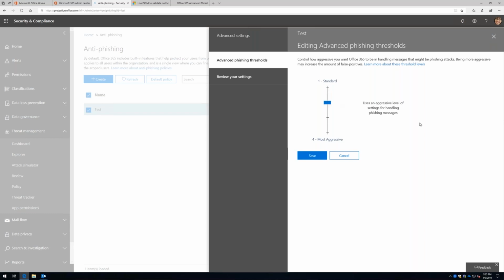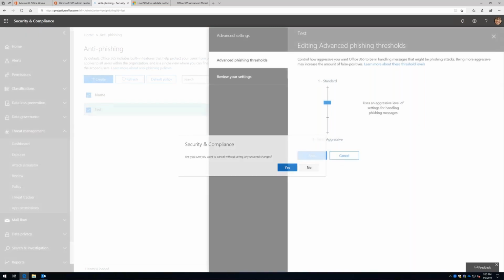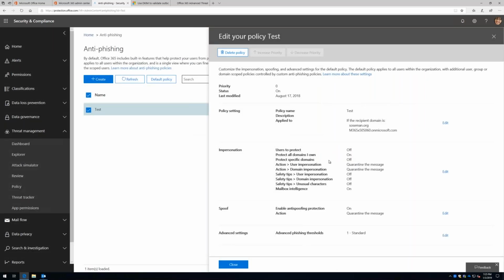Let's wait a few more weeks and continue to monitor and see if that helps. And this will basically adjust the amount of aggressiveness that the algorithm has when it goes through and analyzes the mail flow. So again, there's a lot here. If you're being subject to impersonation attacks or spoofing attacks or just phishing in general, definitely take advantage of some of these policies here.